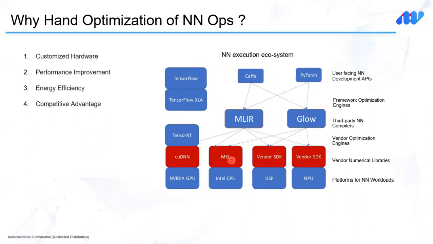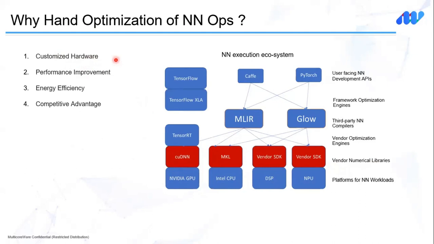The compilers in the stack definitely play an important role in generating optimized code. But every vendor has hand-tuned vendor numerical libraries, and this is important because of the customization. Every hardware platform has unique architectures and characteristics that make them more efficient at certain types of computations. So when we hand tune the neural network libraries or numerical libraries in general, we can fully leverage these hardware specific features and instructions in the ISA to get better performance.